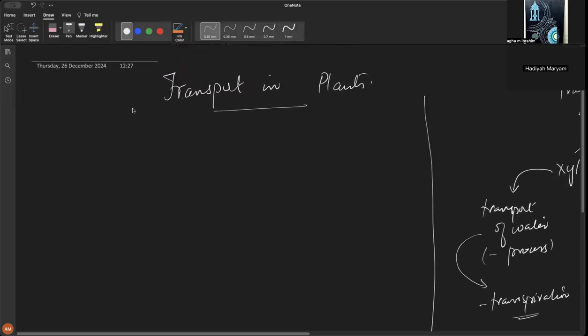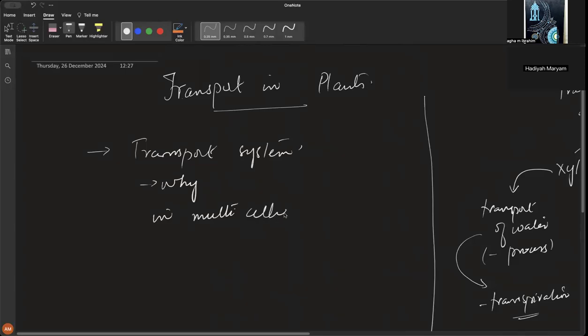All right, transport system. Why is the transport system necessary? Why is there a need for a transport system? We have already done that: in multicellular organisms,